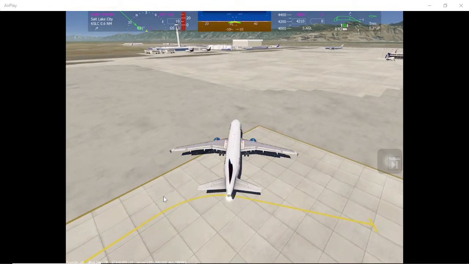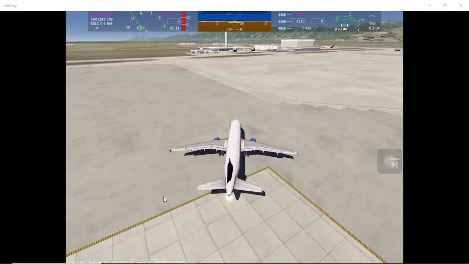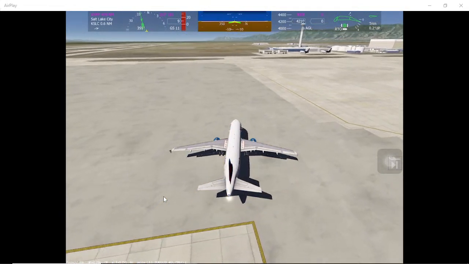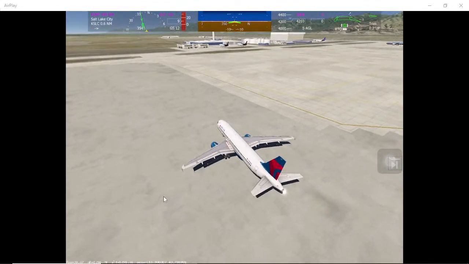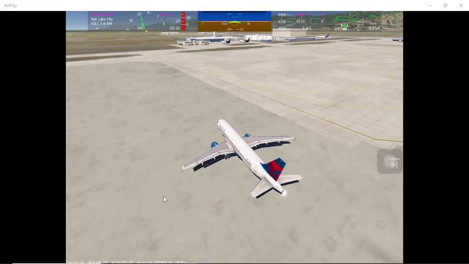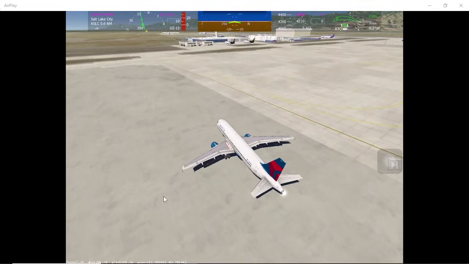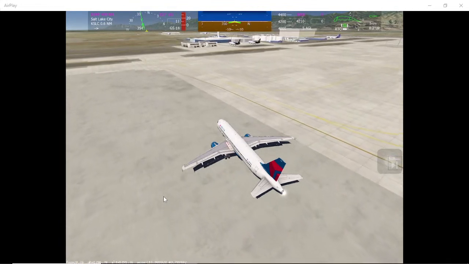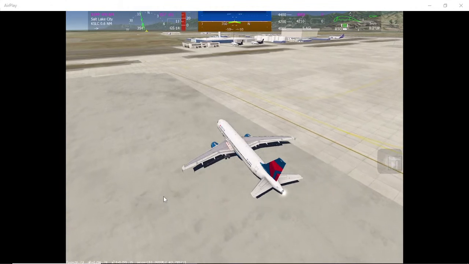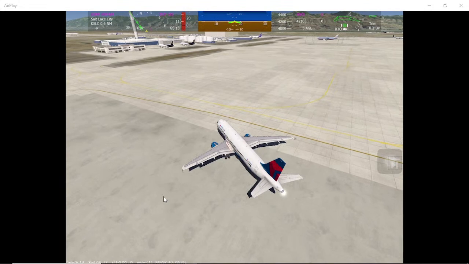I know this is probably not how they get over to this runway in real life, but to be honest, I didn't take the time to learn the taxi routes. I decided to do this last minute after work. I took a shower and I was like, you know what, let me do a flight. I haven't done Aerofly in a while. It's been a couple of weeks. And I never tried streaming it, so I wanted to try it because streaming from the Xbox is real simple now that I figured it out, but